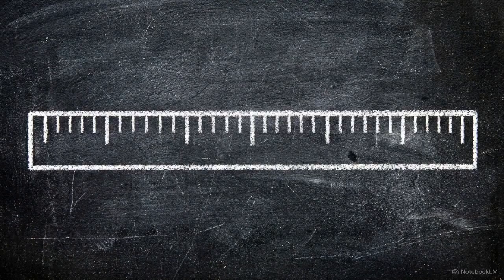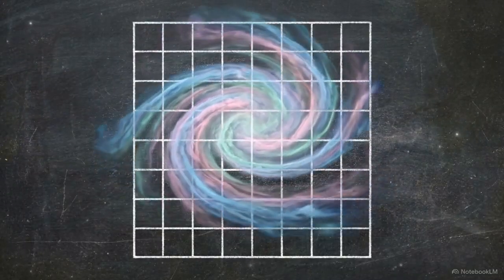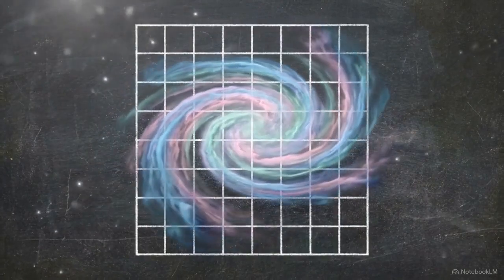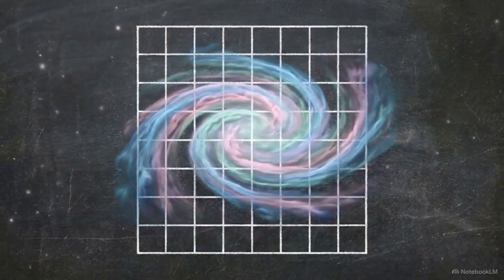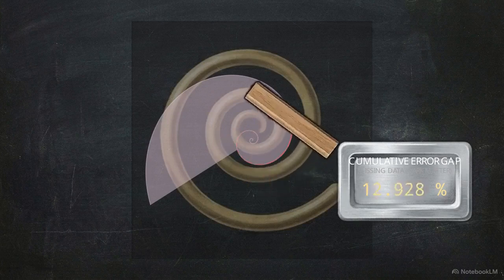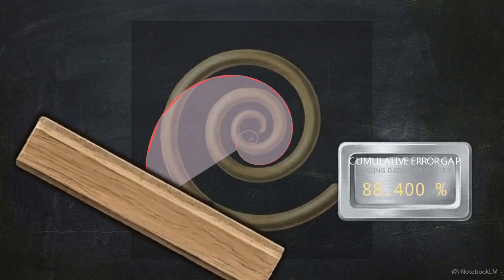This brings us to what we call the straight tape error. For decades, scientists have been trying to measure a curved, swirling fluid universe using straight, rigid, three-dimensional rulers. When you try to measure a complex, flowing spiral with a straight edge, you miss the curves. Over cosmic distances, those tiny missed measurements add up to massive mathematical errors and huge amounts of supposedly missing data.